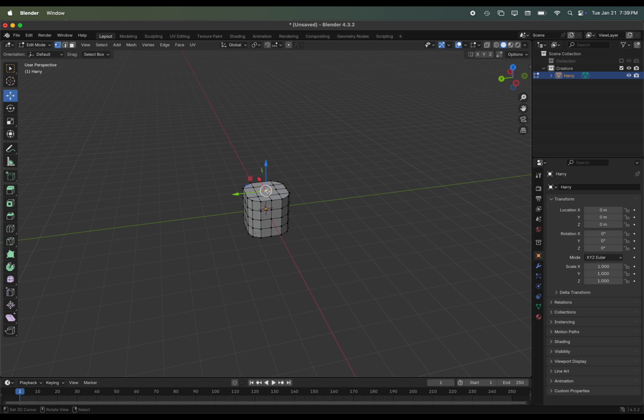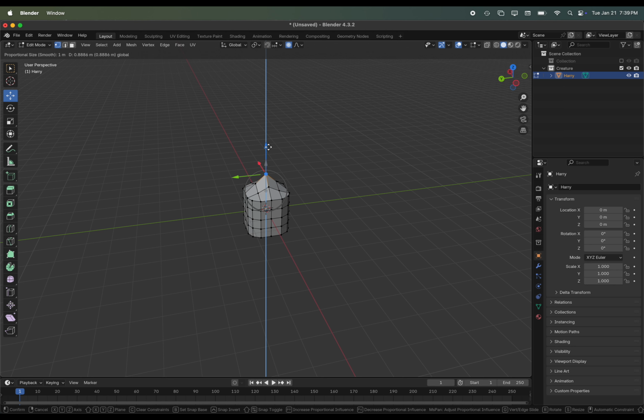Now I also want to make the top a lot more rounded. So I'm going to grab that vertex in the middle. Notice I have vertex select. We have the 3 different selection options. So vertex select. And I'm going to turn on proportional editing. Now, proportional editing has several types of falloff over here, which will give you very different effects. I'm going to leave this on smooth, but you can certainly experiment with the other options.